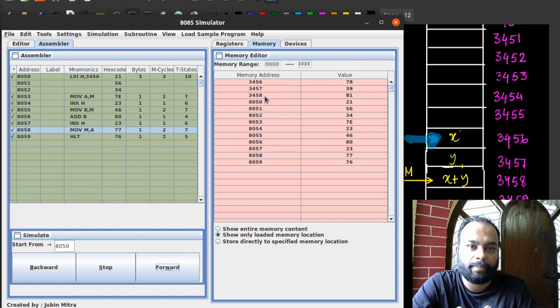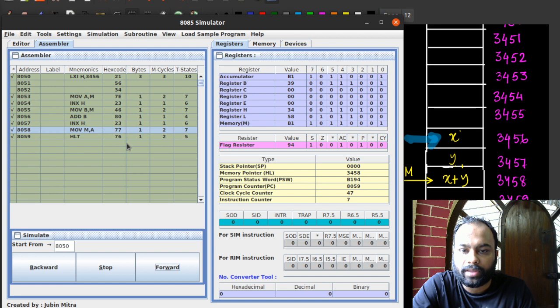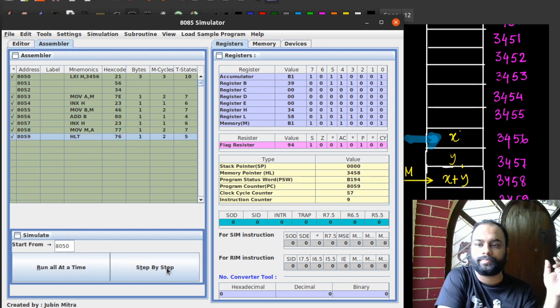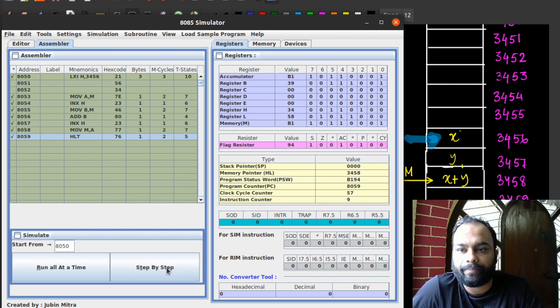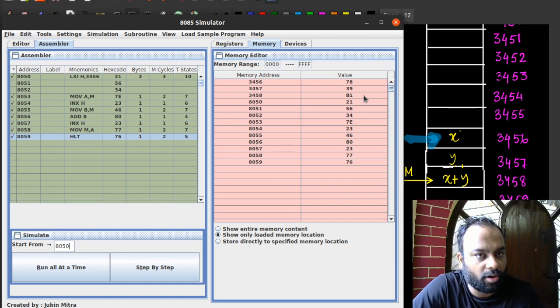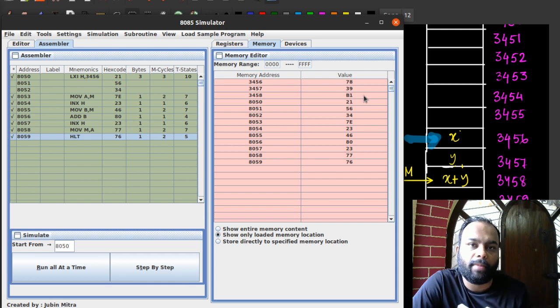So again, please feel free to ask if you have any query. Okay, and of course the next instruction is halt, end of program, end of story, right? So at the end of everything, this data is now stored in memory location 3458. So if you have any query, feel free to ask at this point, because that is going to be our end of discussion today. Okay, I believe how memory pointers work is understood now,